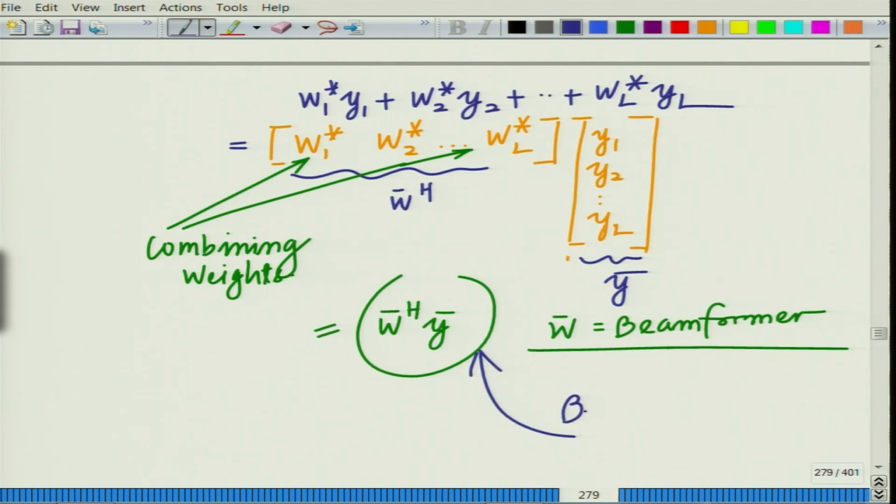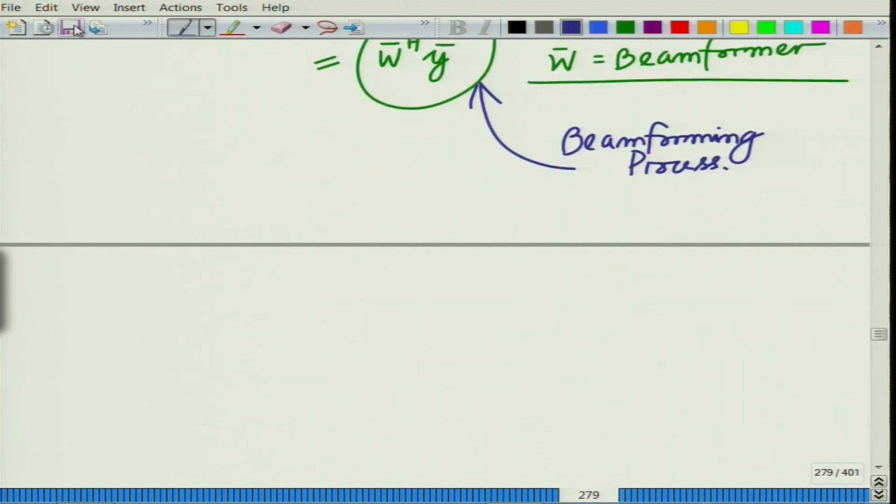W bar is the beam former, this is your beam forming process. Okay. And so, therefore, we are combining the outputs Y1, Y2, YL across the antennas using the weights W1, W2, WL,